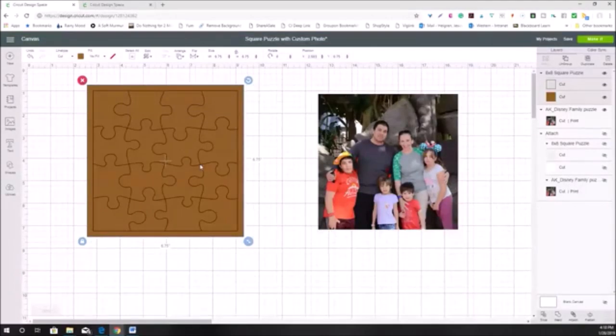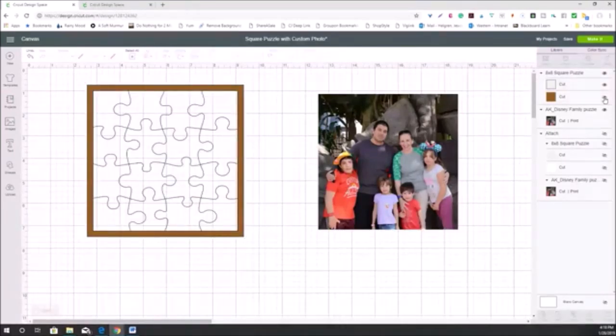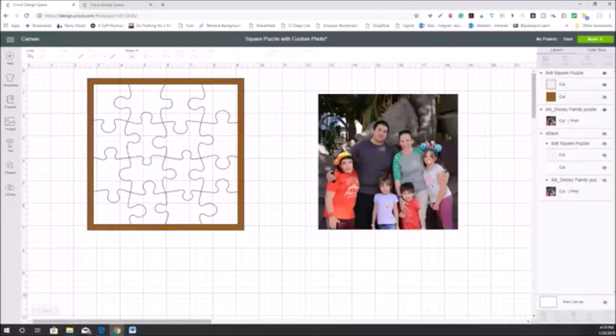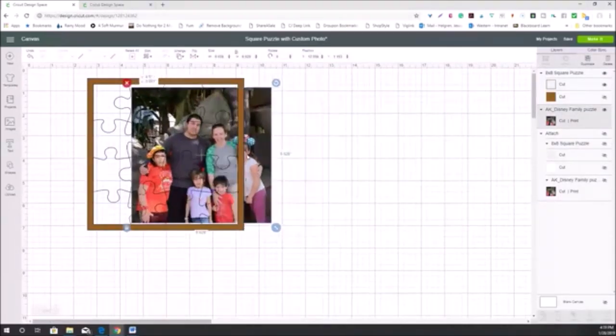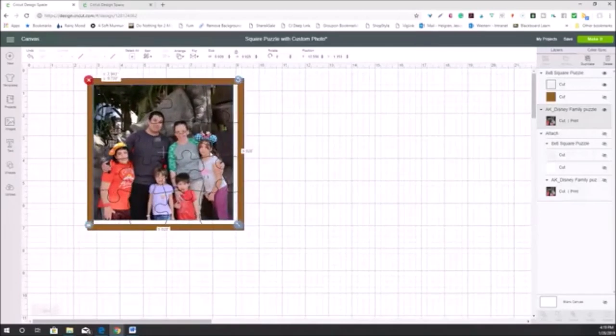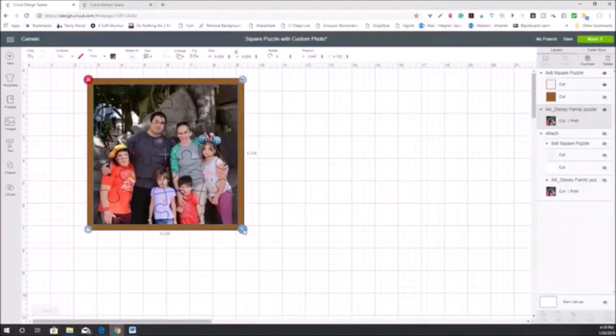So all right, now we need to prep this a little bit. The first thing we want to do is get rid of all of this brown because we don't really want that. So I'm just going to hide that brown square, and that leaves just these cut lines. And the next thing, for mine I don't really want a border on it either. But before I get rid of that, I'm going to move my picture in, and I'm going to try to get it right to the right size so that it just fills that interior portion,